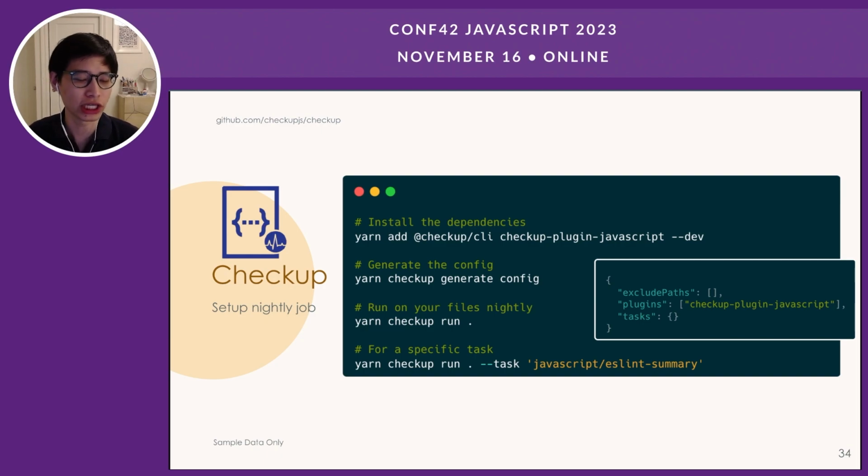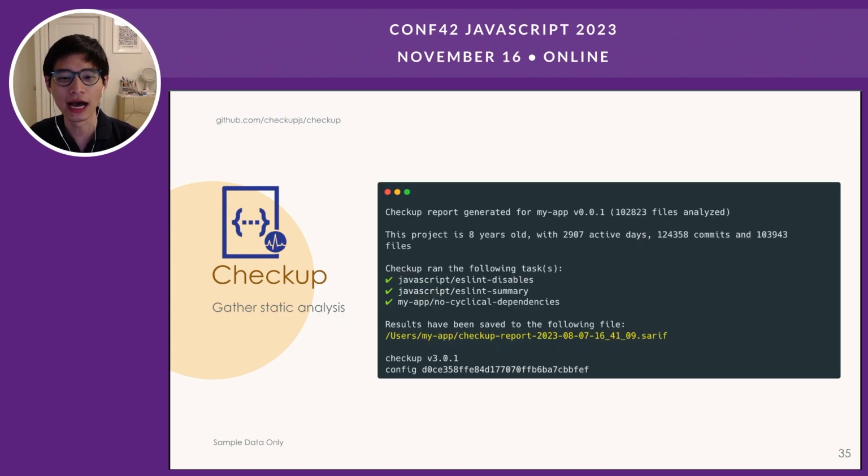We use Checkup, which is a tool built by LinkedIn as well. Every night it runs like a Node task runner through ESLint and a bunch of other tooling. Then you can format the ESLint output to a particular format. In our case, there's a Checkup formatter for ESLint that translates it to SARIF, which is a kind of standard format